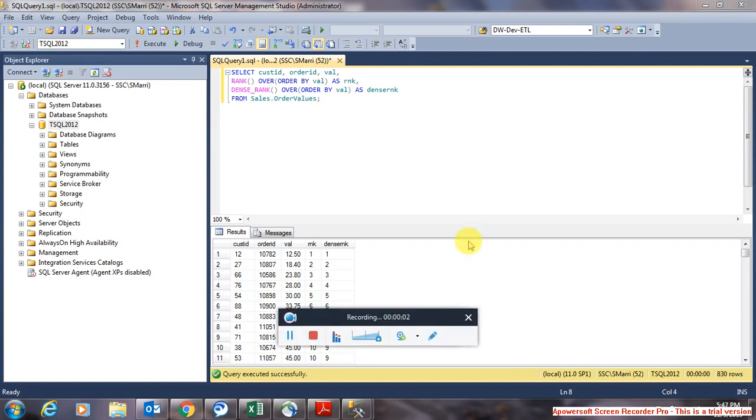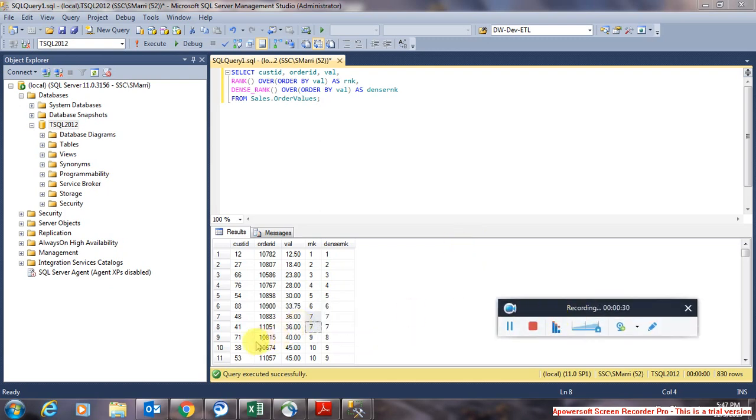What about the dense rank function? The dense rank function performs slightly differently than the rank function. It gets the distinct number of values in the partition that have a lower order value than the current one, plus 1. The rank function gets the total number of values, and the dense rank function gets the distinct number of values that are lower than the current value.